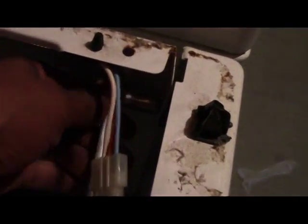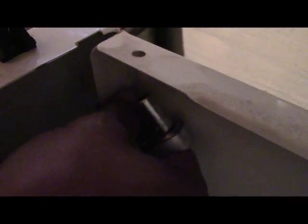Take these screws out. Move it out the way here. One. Put that one aside there. I'm gonna take the other one out underneath here. Once those is out,